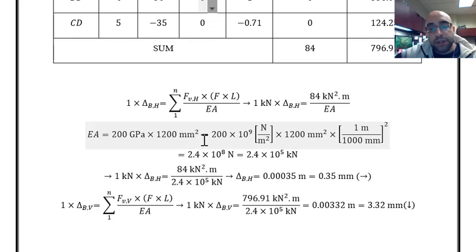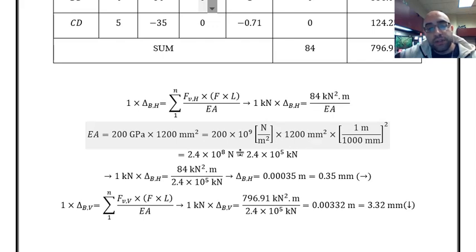1200 millimeter square. I know each gigapascal is 10 to the power 9 multiplied by Pascal, and Pascal is just force per area, the unit of pressure. So that is force per area or Newton per meter square. Now that I can see the Newton and meter, I have to change them to kilonewton and meter. So this meter is fine. This Newton should be changed to kilonewton, which is done later by just dividing the final value by 1000, and